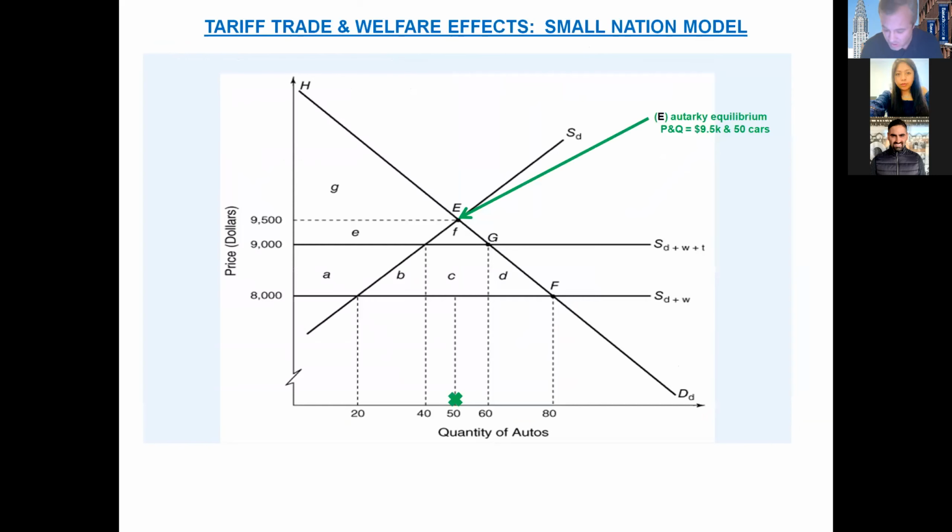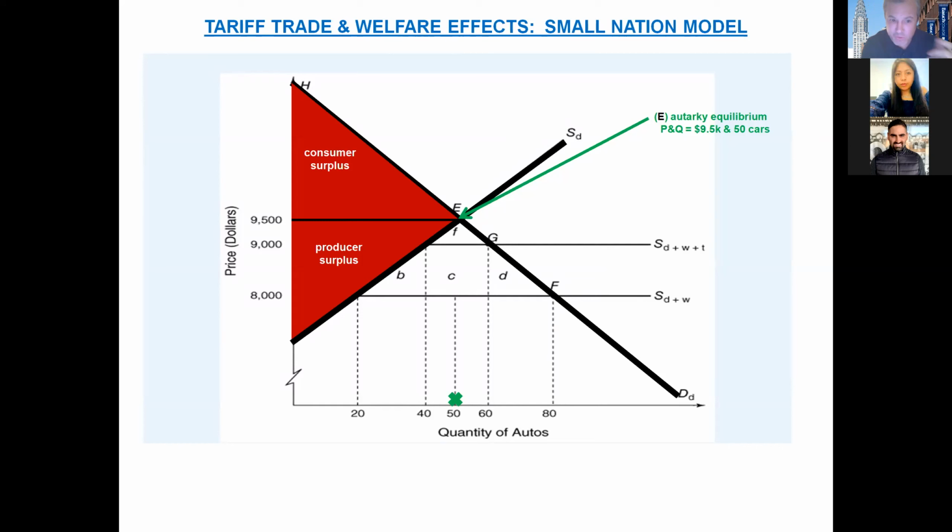And then we moved on to the welfare effects that we can identify as a result of trade, the result of tariffs or trade under tariffs. We see here a nation at autarky that's producing 50 cars and selling at $9,500 a unit. We can identify the producer surplus and the consumer surplus of the nation in autarky, the area above the supply curve and below the price for producer surplus, and below the demand curve and above the price for consumer